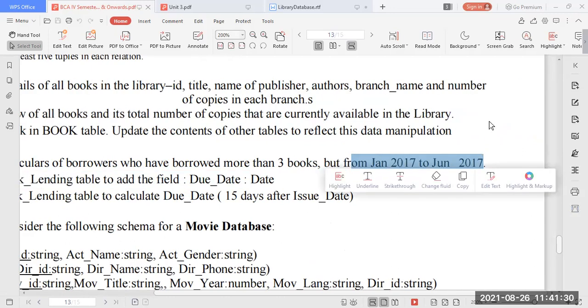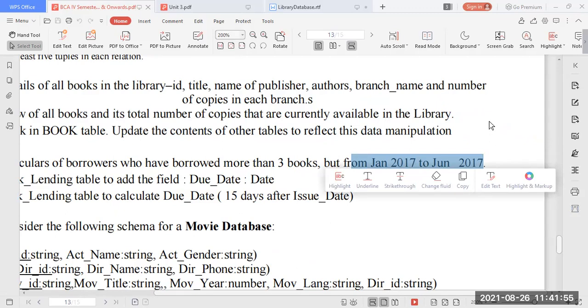If you borrow any of the books, more than 3, those books should be within the period. I am stressing the word which is called between. Between the period 1st January 2017 to 30th June 2017. Assume that you have taken 5 books. You have borrowed the 5 books.